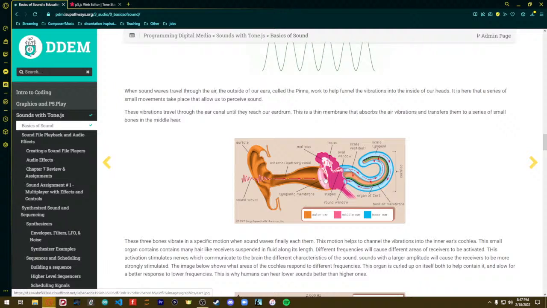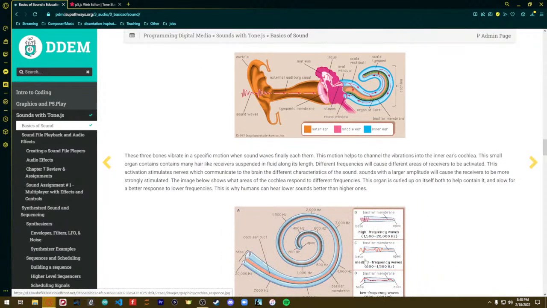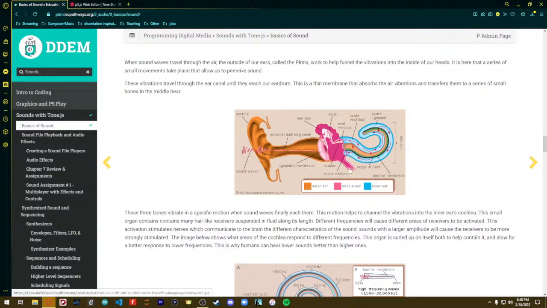These vibrations are then channeled through a few different bones. We've got 3 of them here, until they hit the cochlea. And I'll show it in a second, but this is kind of a wrapped up little organ right here, that's filled with a bunch of fluid and, for the sake of not getting too much into it, little hairs, or hair-like things. And essentially, higher frequencies will vibrate,